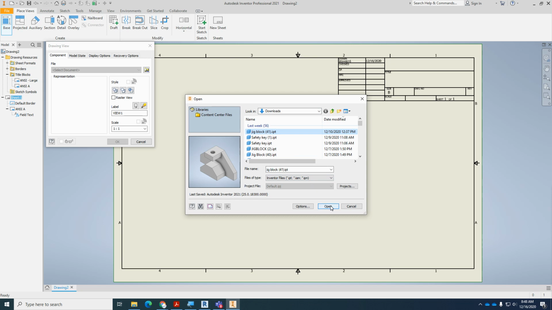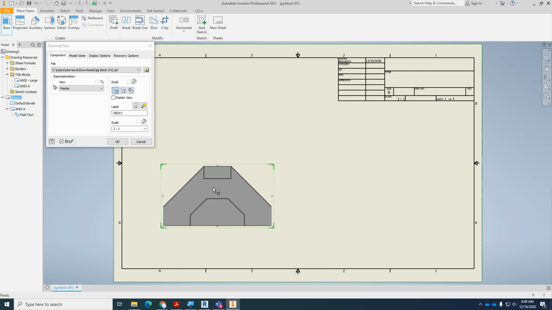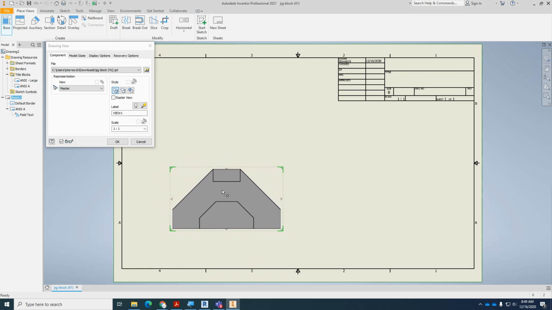I'm going to hit open, jig block. Okay. So you can kind of see it already placed itself here. So this is going to be the front view. Here's the front view, and then I'm going to move this over. I'm going to click and drag it so I can place it where I want it on the sheet right in here. And then once I'm happy with that front view, I just let go of the mouse,